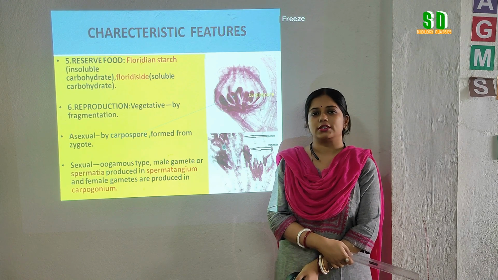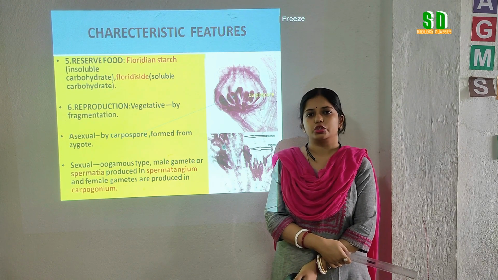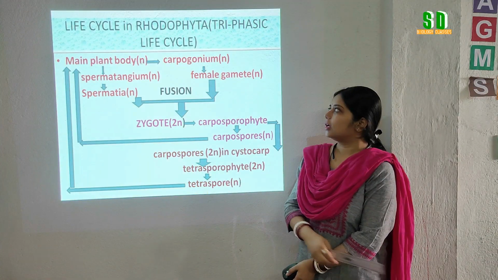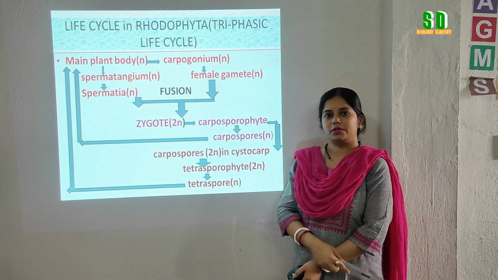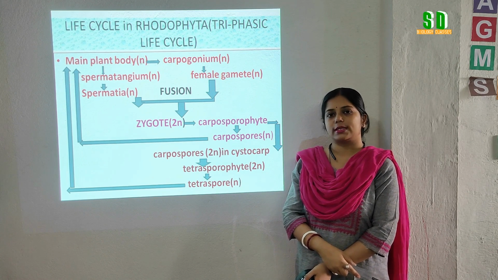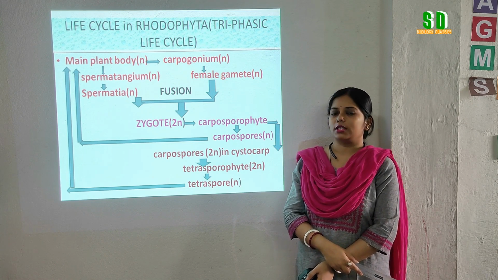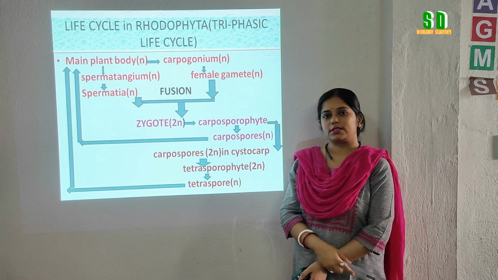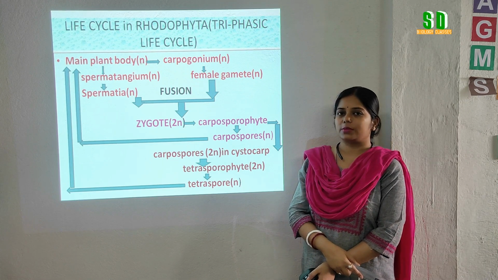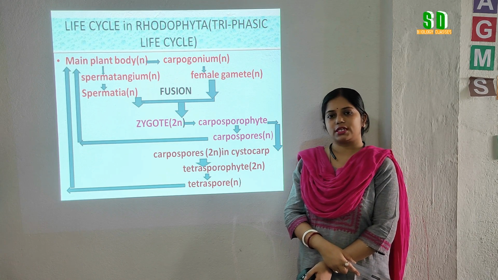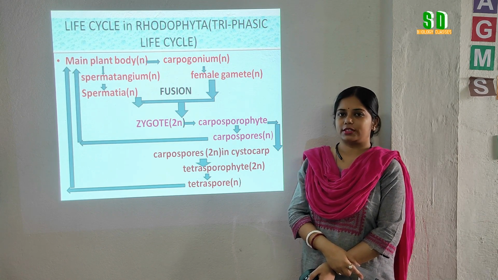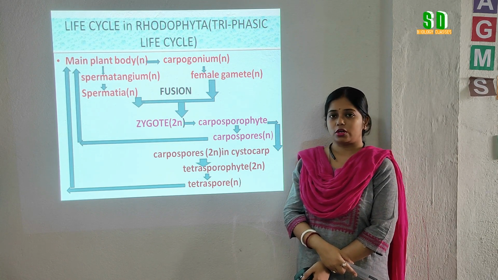Now we will see the life cycle in rhodophycean members. In the members of Rhodophyta, we will see two types of life cycle. One is called the biphasic life cycle, and another one is called the triphasic life cycle. In the biphasic life cycle, we can see two different stages, the gametophytic stage as well as the sporophytic stage. At first, we will talk about the